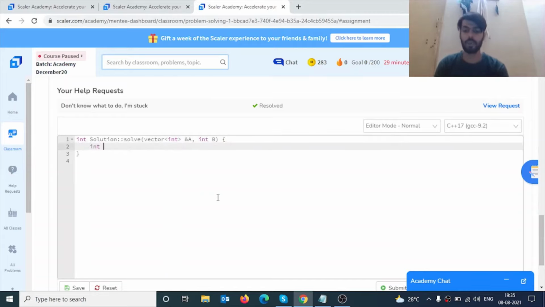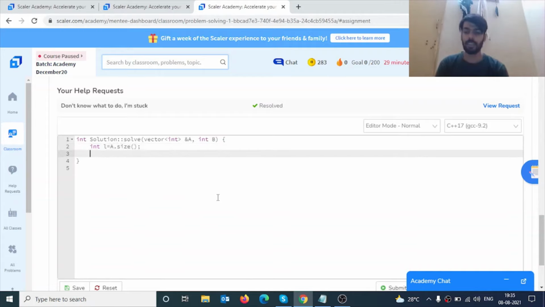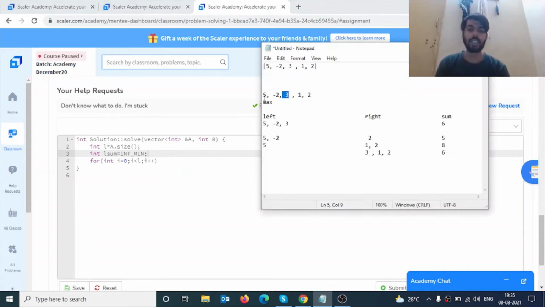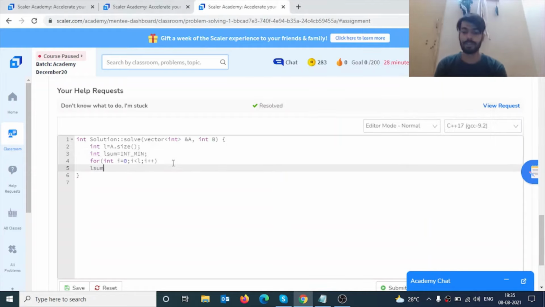First we will calculate the size of the array, and for int i equal to 0, i less than B, i plus plus, we will declare one int, L sum. L sum will be initialized to int minimum. First we will calculate the left side: we will pick the B elements from the left side and calculate the sum, so L sum plus equal to a[i].